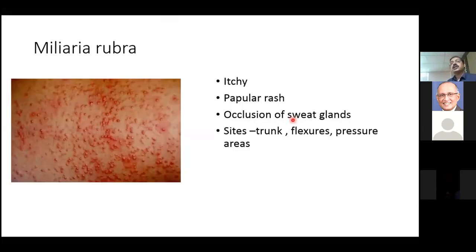Now, one other differential diagnosis very often missed is miliaria rubra, right? That also has a presentation of papillary eruptions, erythematous papillary eruptions. And it can also start off as macules. If you notice very carefully, these are small macules, erythema, which later on become papillary. When I mentioned the pathogenesis of maculopapillary eruptions, I did mention this. Initially it starts off as a macule, the edema causes the fluid to get into it, and then causes a papillary eruption. This is because of occlusion of the sweat pores.